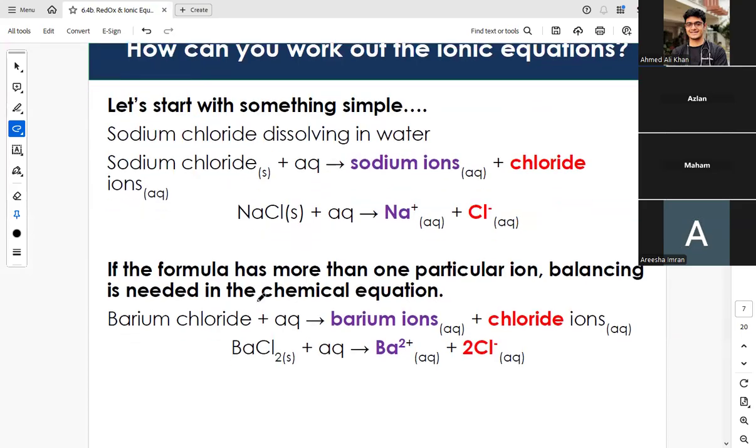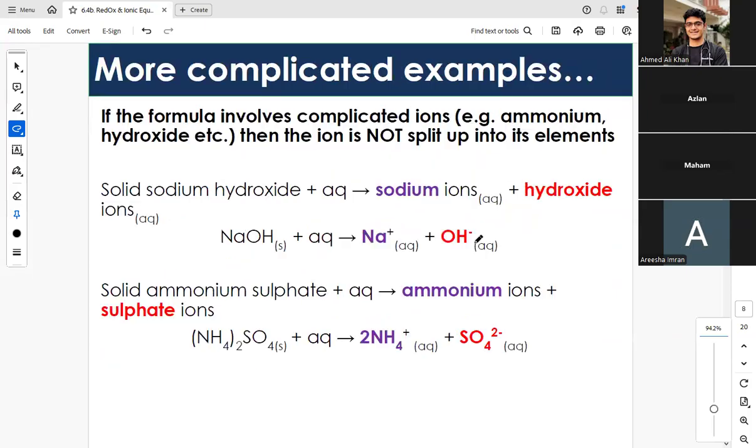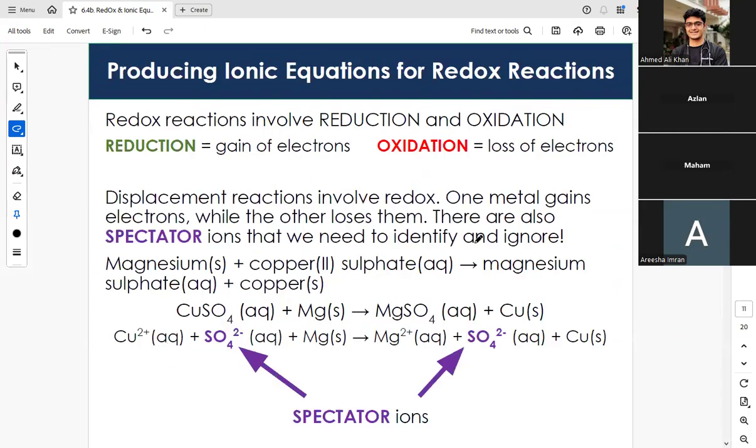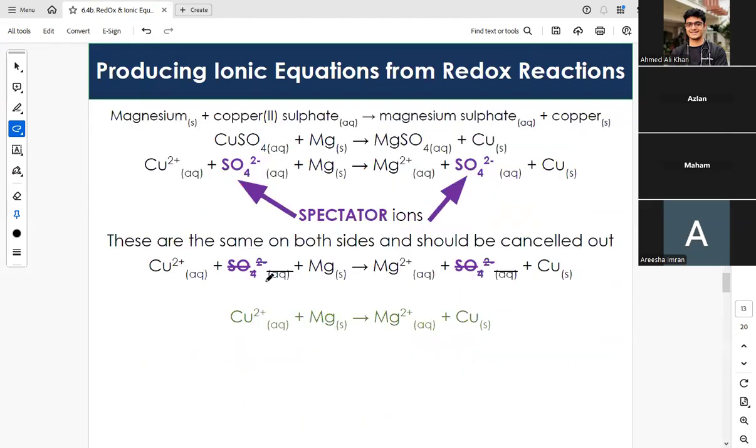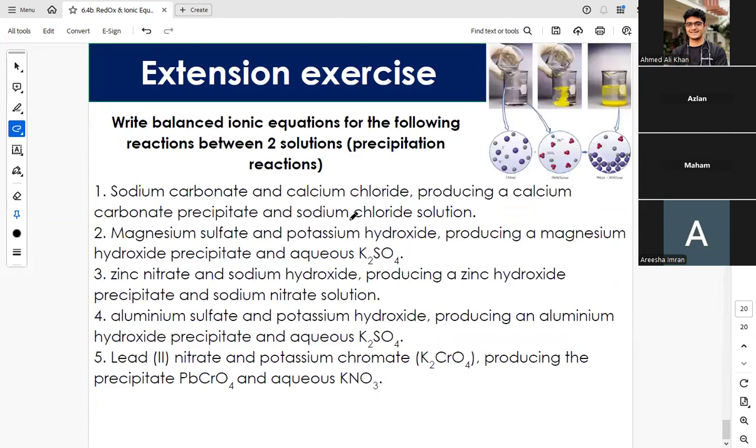And these are just practice questions. I've uploaded this PDF on the drive as well, so you can just practice them and mark yourself as well, right? And we've already talked about spectator ions. ठीक है, ये सब कुछ हम कर चुके हैं, सही. So that's all for today's class, and I have an exam tomorrow, so I'll be ending the class soon. So if you